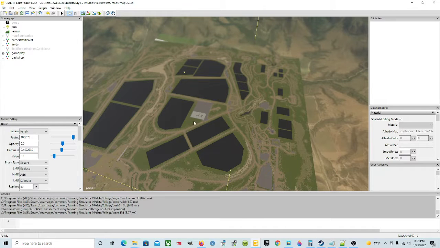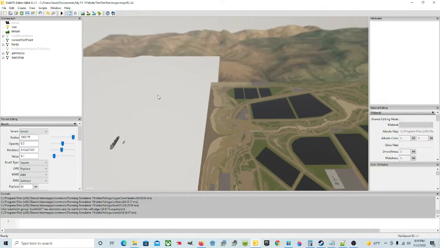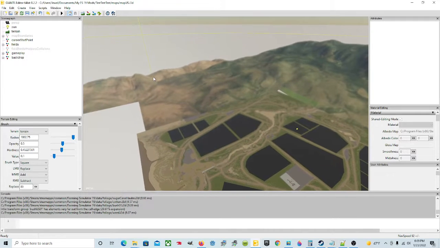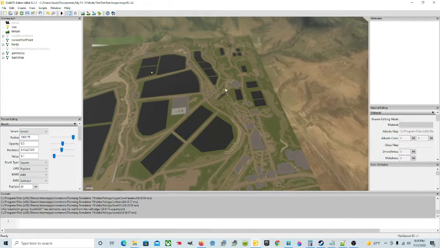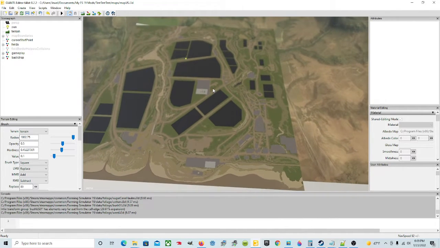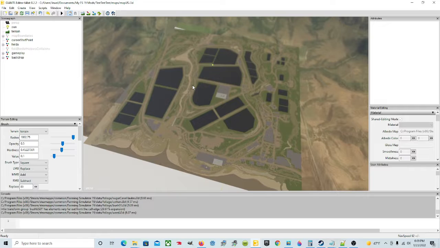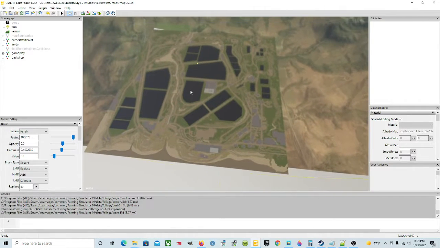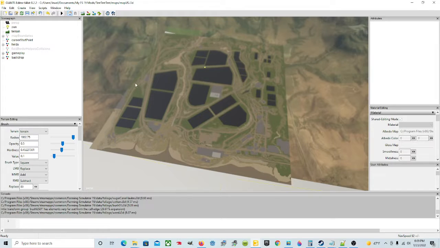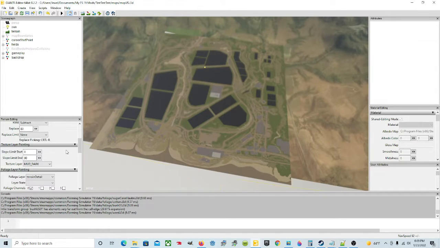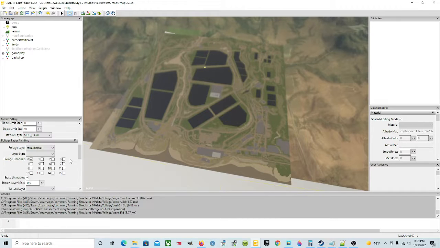So now we're going to turn that off, and we're going to scoot over a little bit. Try to see most of the map at once. Alright. Back out till you can kind of see it a little bit. Alright. There. Okay, so now we need to do two things. First, we're going to change the